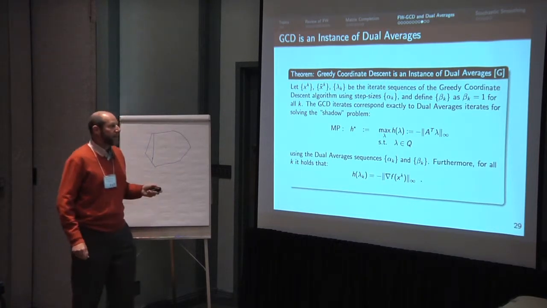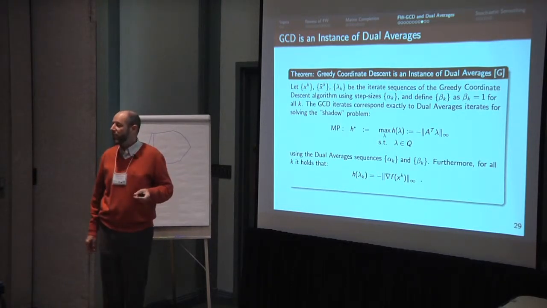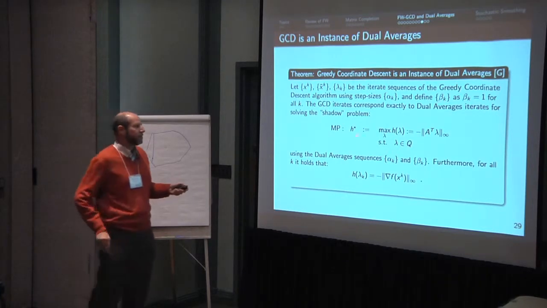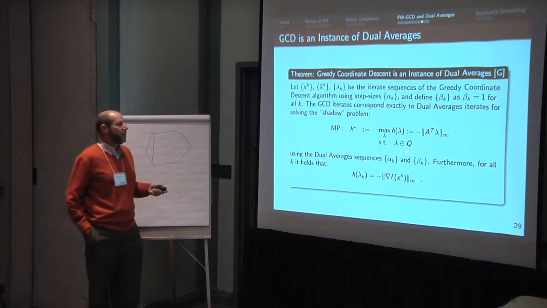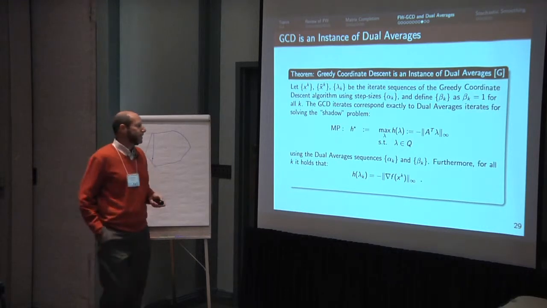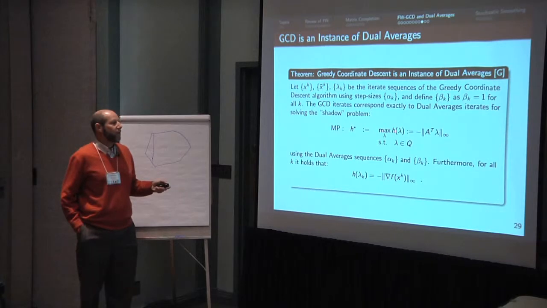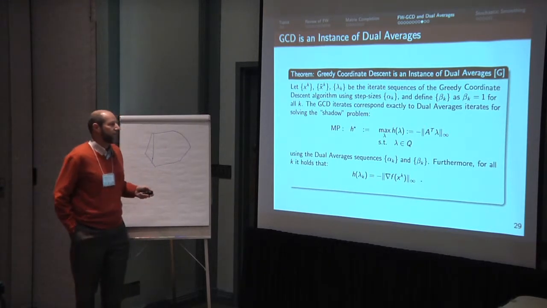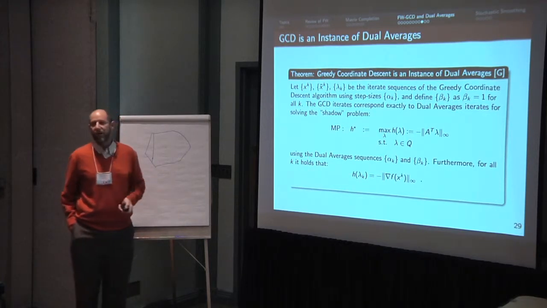And in fact, what's interesting is in certain instances, this problem is trivial. We would never set this problem up to solve. But there's good implications. So H star is maximize minus the infinity norm of A transpose lambda over lambda in Q. All right, so let's just turn this around and make it look interesting. H star is really just the minimum of the infinity norm of A transpose lambda. And furthermore, and this is the really interesting thing,